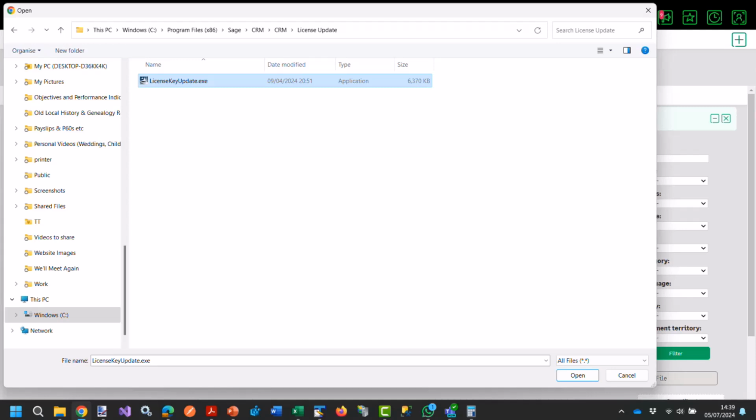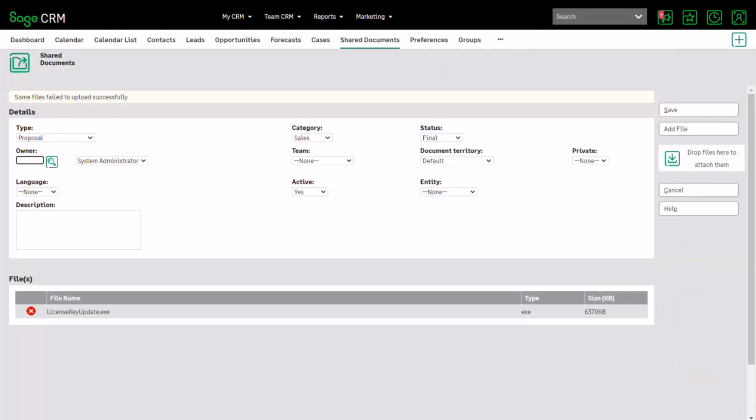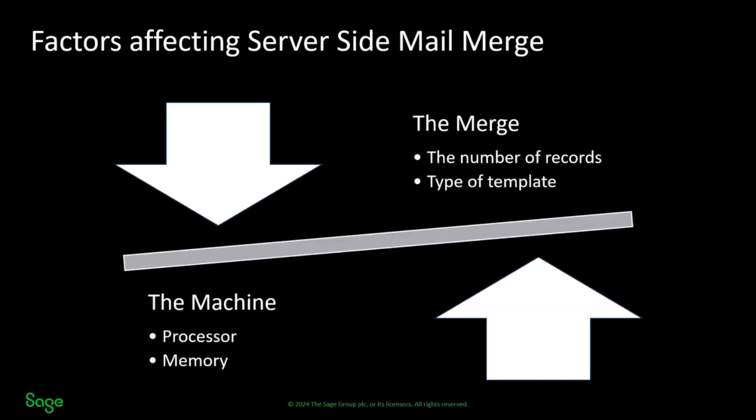It's actually the Sage CRM license key update executable. And so if I try and run that, you'll see that it's been blocked. You'll notice that it's blocked with a message on the screen. If we return back to the documents and reports configuration, we can deal with the remaining bits of the